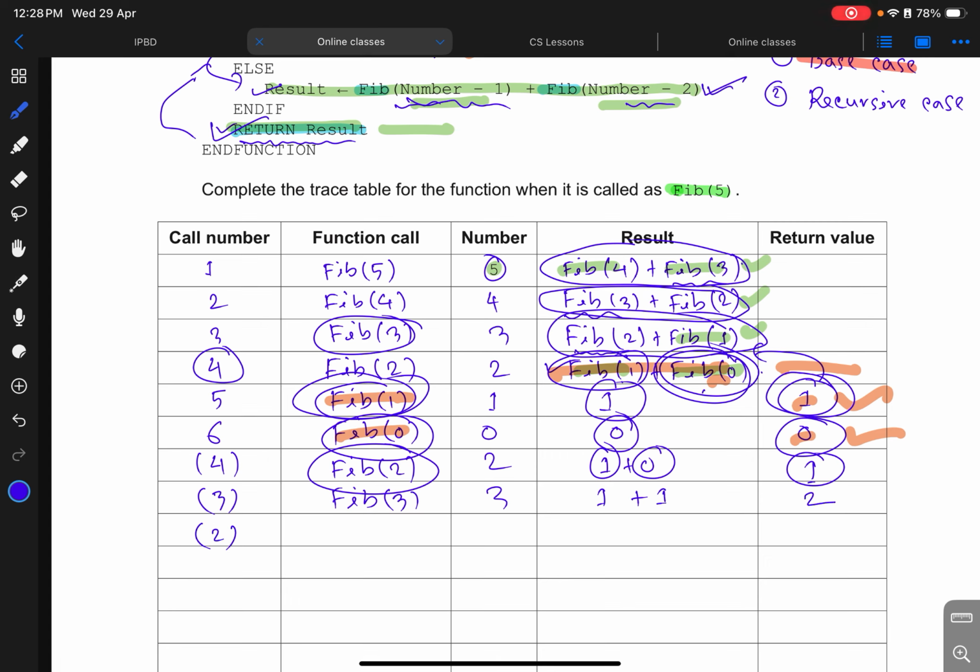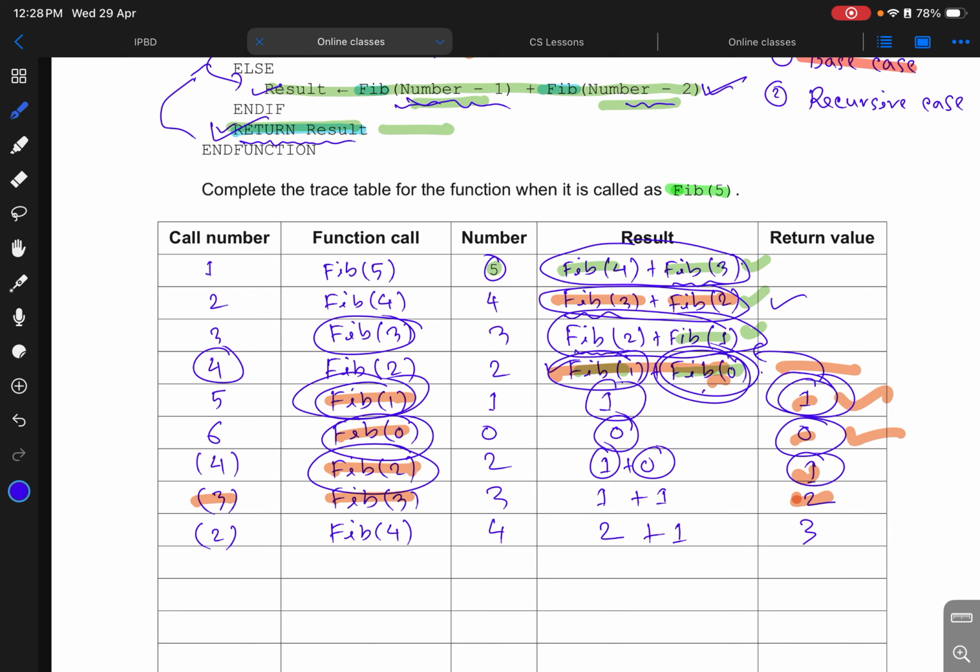Number 2, fib 4 has fib 3 and fib 2. Look, now I have the result of fib 3. Fib 3 is 2, so I can replace fib 3 with 2 plus fib 2, which is 1, so 2 plus 1